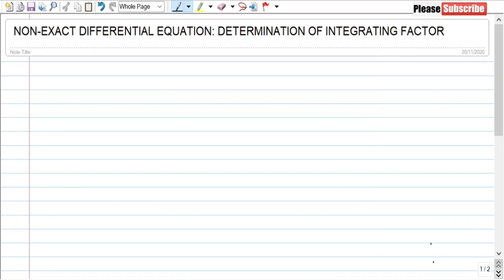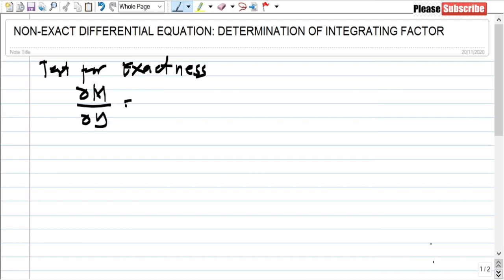Pag-uusapan natin how to solve a differential equation na hindi sila exact but can be solved by determining an integrating factor. So, di ba sa exact equation, last time, meron tayong tinatawag na test for exactness. So, yung test for exactness natin, ano nga yung test for exactness? We have to test if the partial derivative of m with respect to y kung equal siya sa partial derivative of n with respect